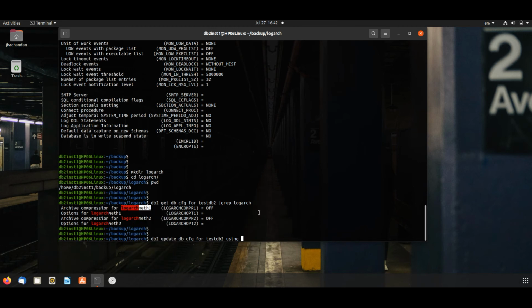Paste it here in single quotes with DISK: and copy this path.